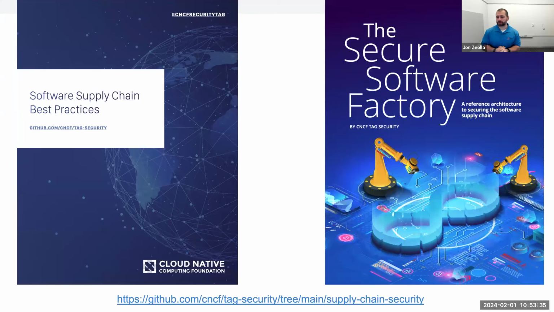I would also like to point you all to some good additional open source materials. In the CNCF TAG Security, we came out with the Software Supply Chain Best Practices, a white paper on how to follow some of these best practices. We have the Secure Software Factory, which is a reference architecture, more specific. And there's even a project called FRSCA, which implemented in code the Secure Software Factory, so you can see it working and operating in the real world. And then you can take pieces from that and see how you might want to do it in your company.